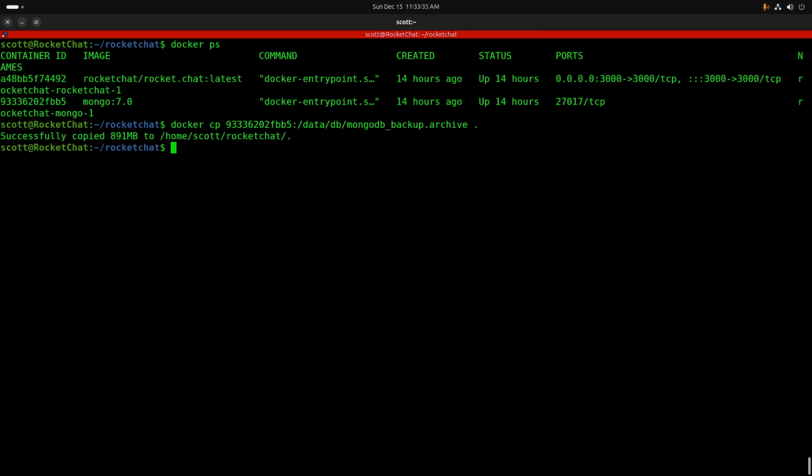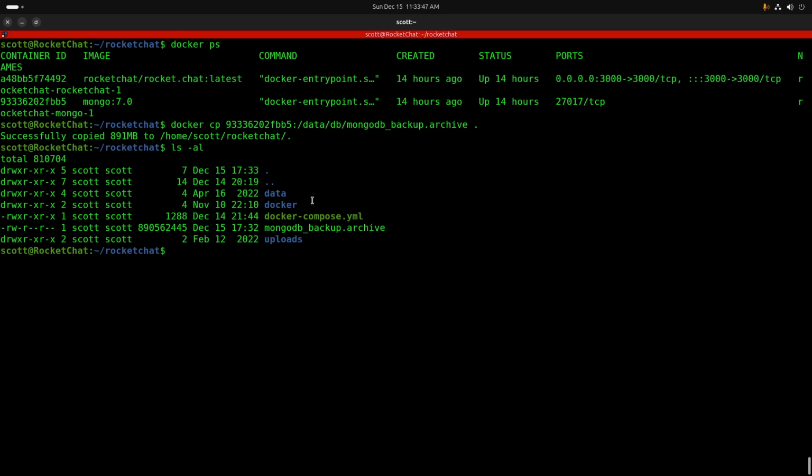and my current database size for my existing RocketChat server is 891 megabytes. So if I do an ls -al at this point, we have that mongo